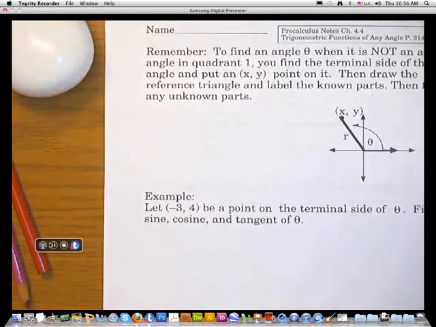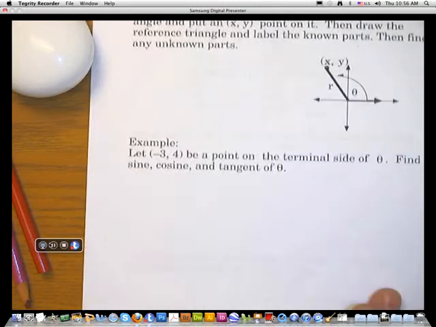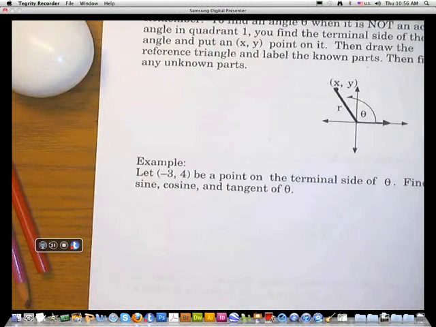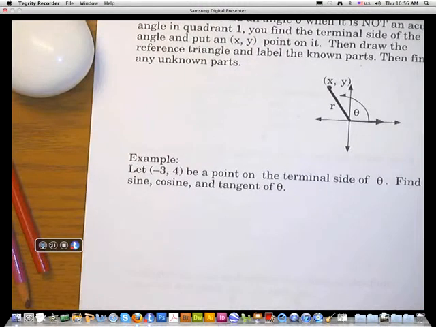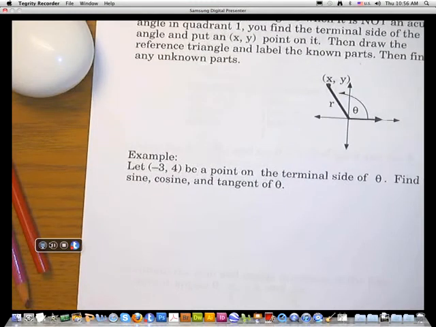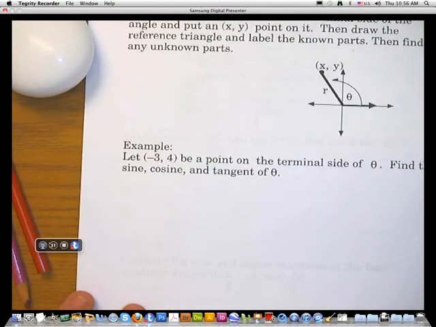Alright, 4.4. We need to remember to find an angle that is not an acute. We must create our right triangle in the quadrant that we're going to be at and label our points as X and Y and draw the reference triangle. So what this means is that if I'm not in my first quadrant, because that's the only place that's going to be acute, I'm going to be in quadrant 2, 3, and 4. I need to make my right triangle based on the X and Y values and then find my trig functions